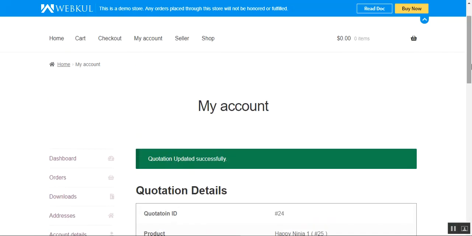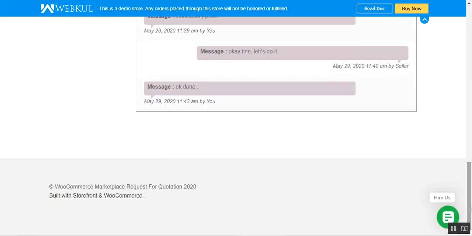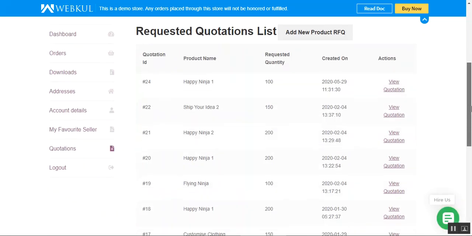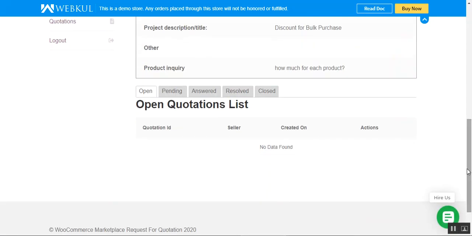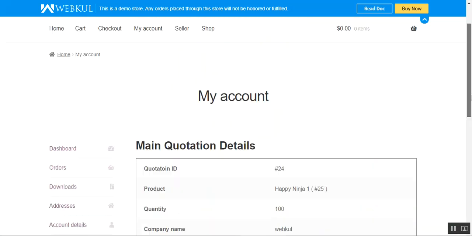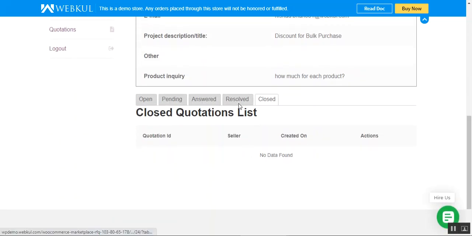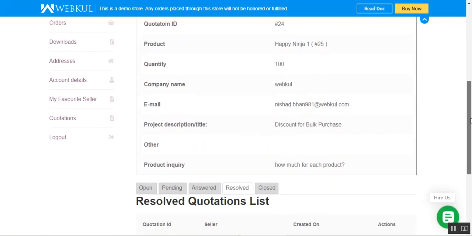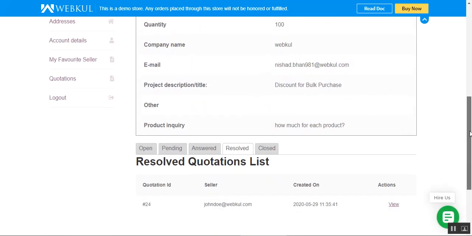So you can see that now, basically let me go back here to my quotations, and under my quotations here's the quotation that the customer had placed. Now let me check the quotation details. Okay, now after I've successfully okayed the quantity and the price per product that the seller had sent me,